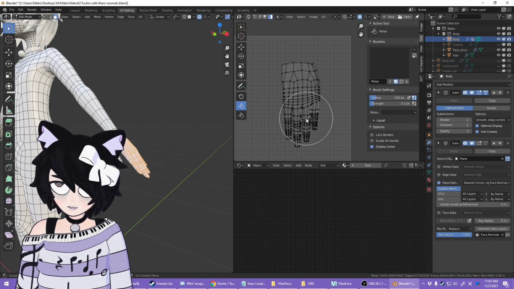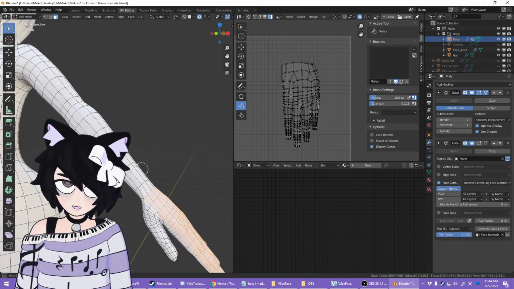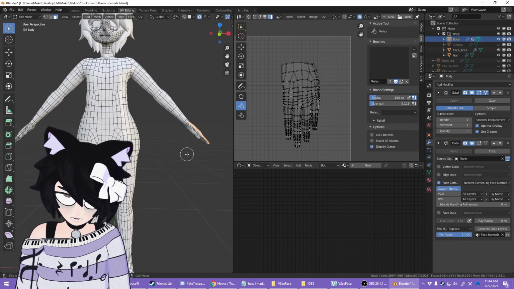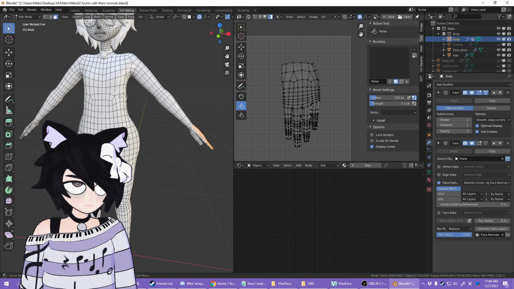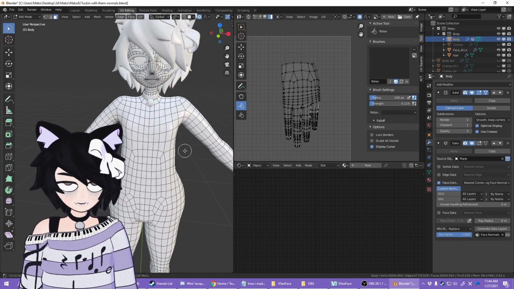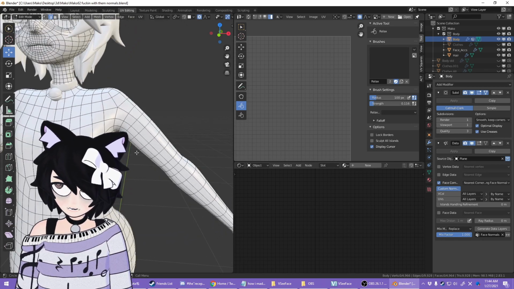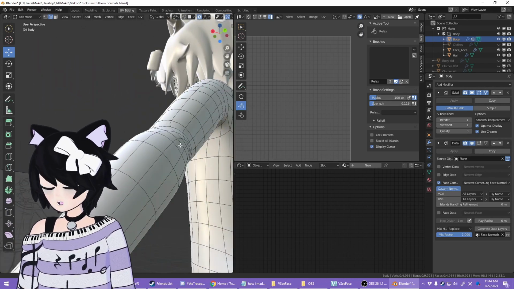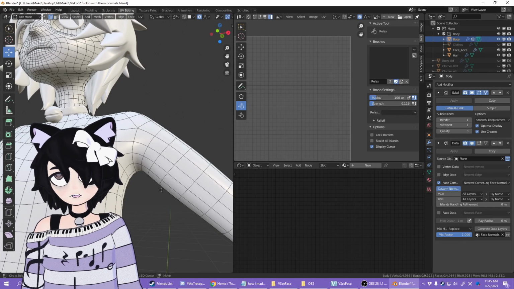I'm sure it'll be useful in certain things, particularly very flat parts. You would go through your whole model and make separate selections based on that. But what I did for the entire model, instead of doing that, I used a different method in which we mark seams. Now, I'm going to go over the basics of how this works. If you want more information, continue watching Dicko's series as he goes into texturing. And honestly, most of what I am going to be saying here will just be repeating him.